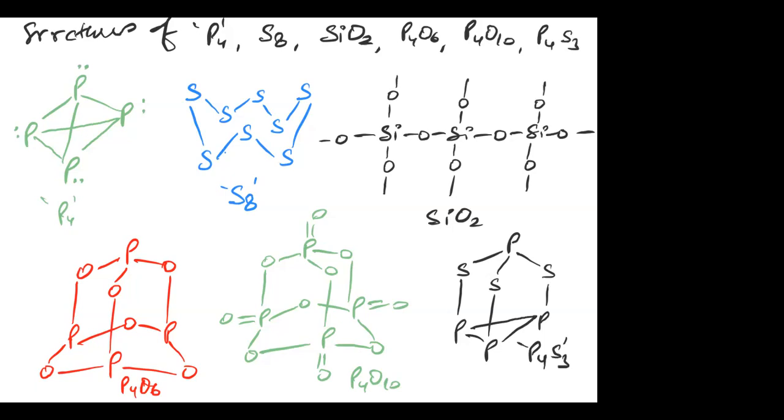So there may be many questions based on the structure of these different compounds, including structure or allotropes of phosphorus, sulfur, oxides of silicon, oxides of phosphorus, oxide of sulfur. You will learn in more detail in another chapter. It is known as P block element or S block element. So as far as the chemical bonding chapter is concerned,